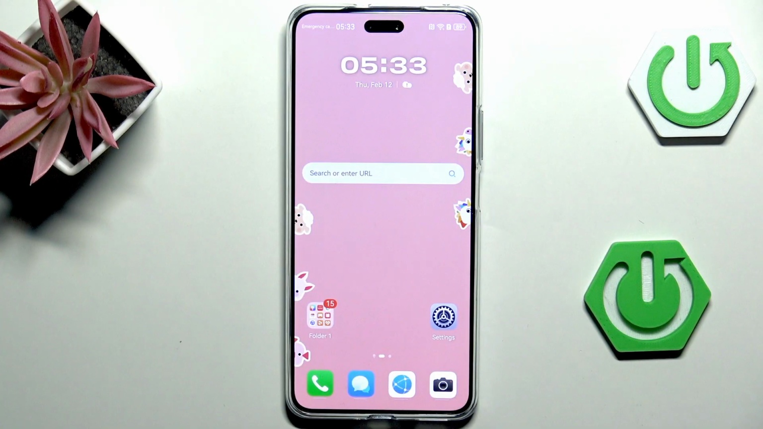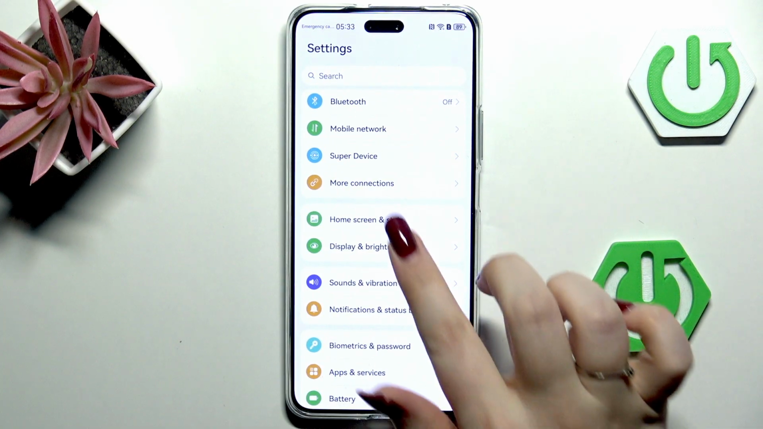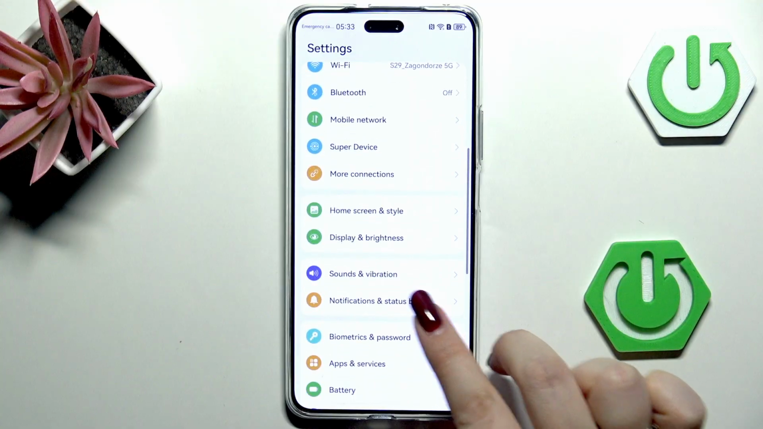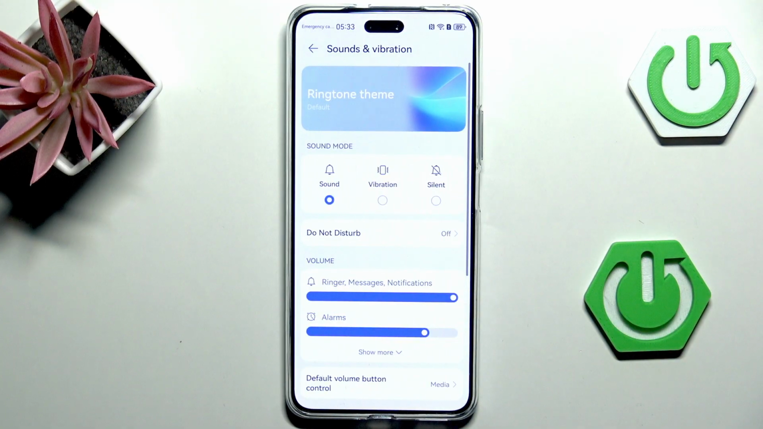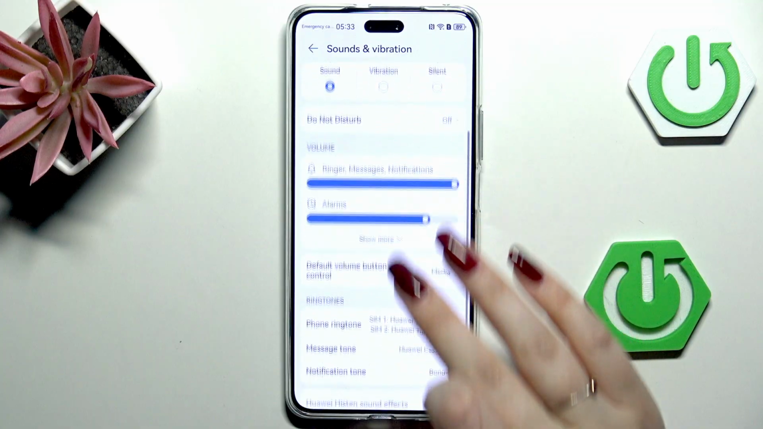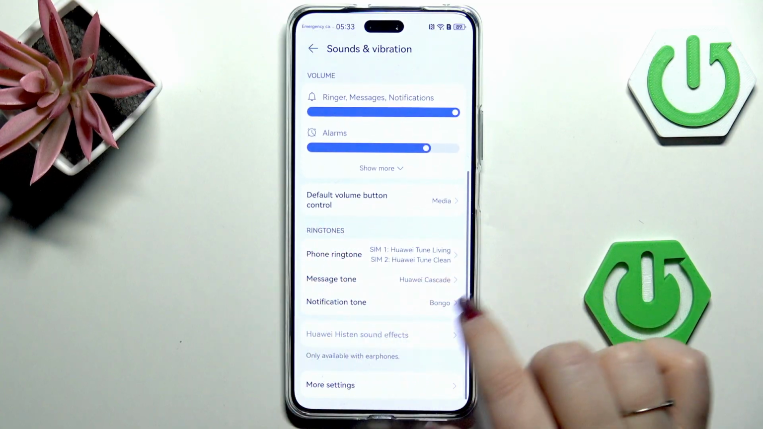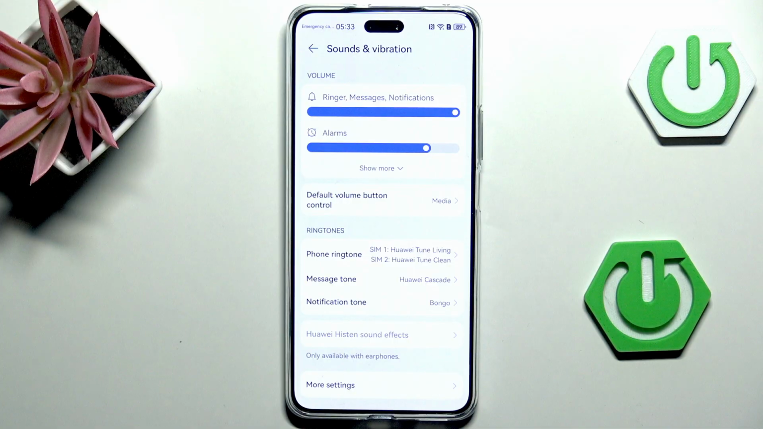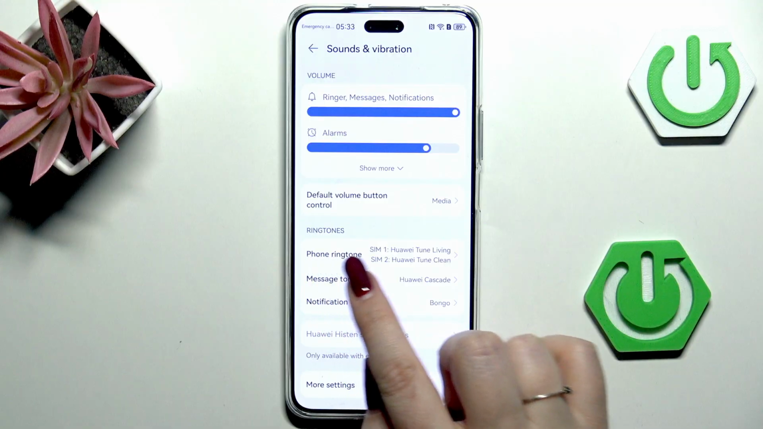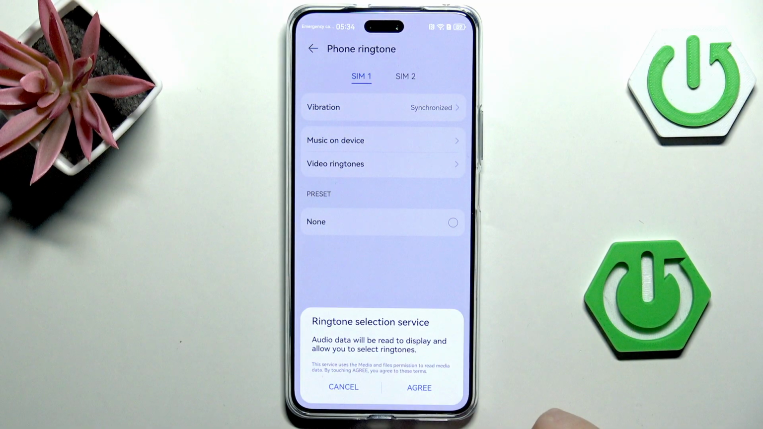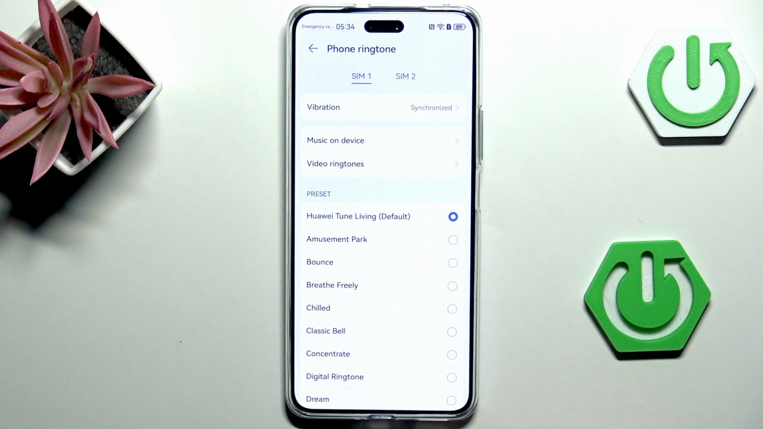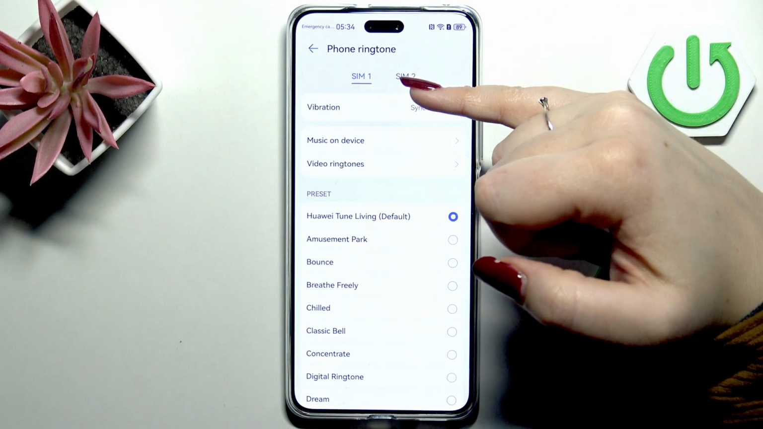So let's start with opening the settings, and here we have to scroll and find sounds and vibration. Here we can scroll down again to find this ringtones section, and simply tap on phone ringtone at the top. Now, of course, give all the permissions it needs, and now at the top we've got SIM1